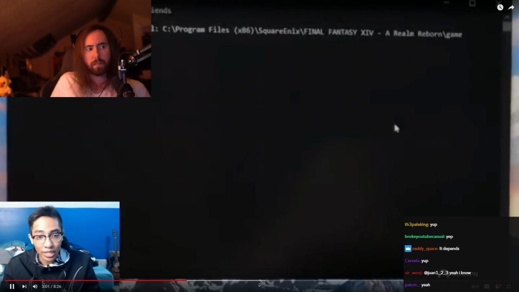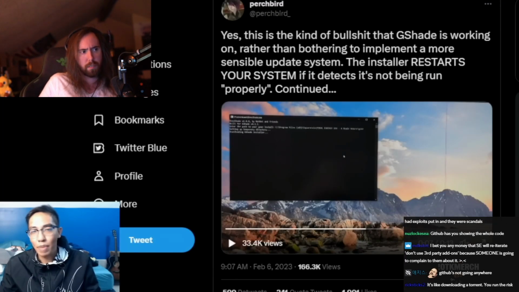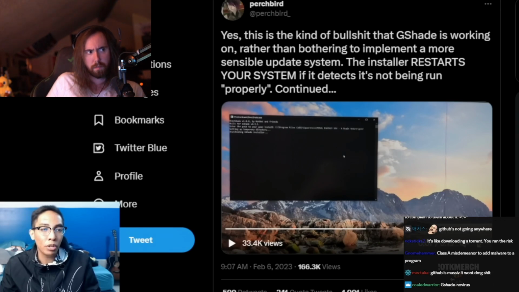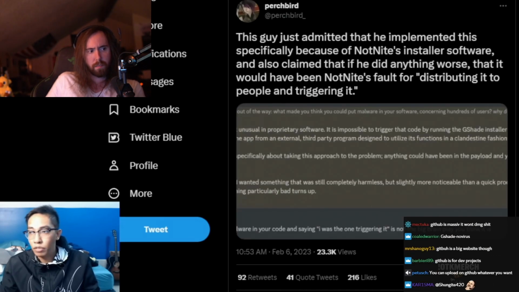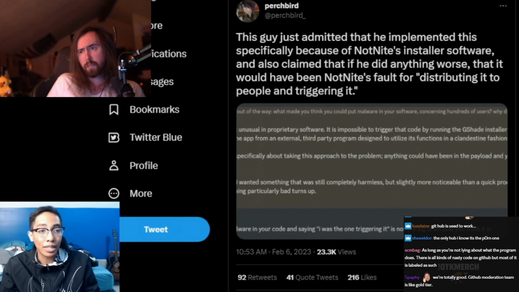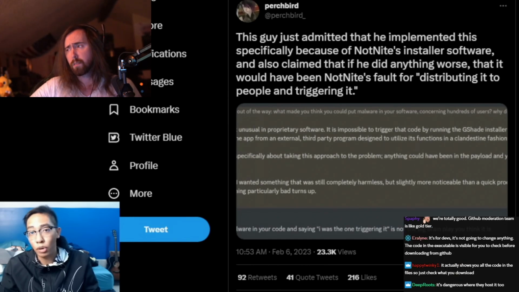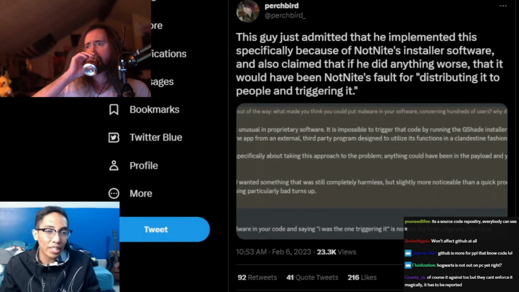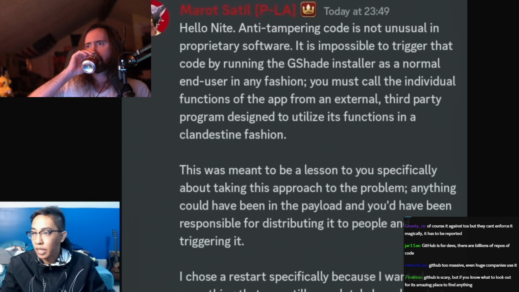It's doing the reset, and this is not cool because pretty much imagine a program able to restart your computer or even do worse. The creator of G-Shade, Marat, pretty much came out and said, yeah, I put that in there because of another person's program. So going over it, there's like a whole message, but pretty much, what's going on here is that Marat,